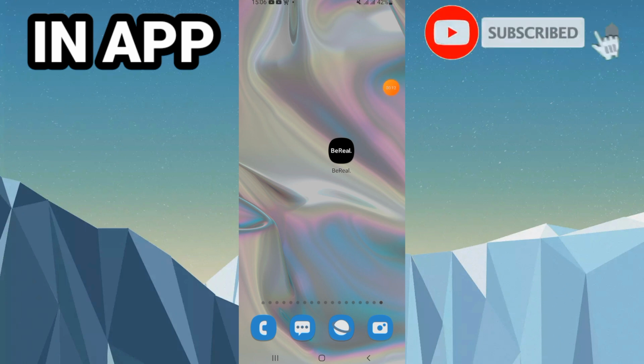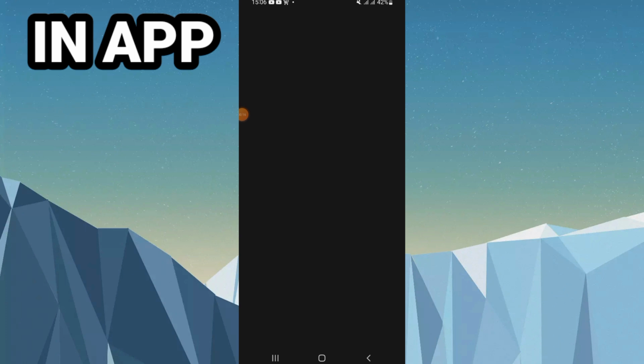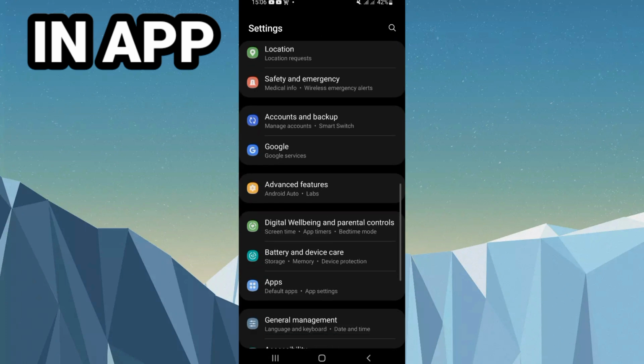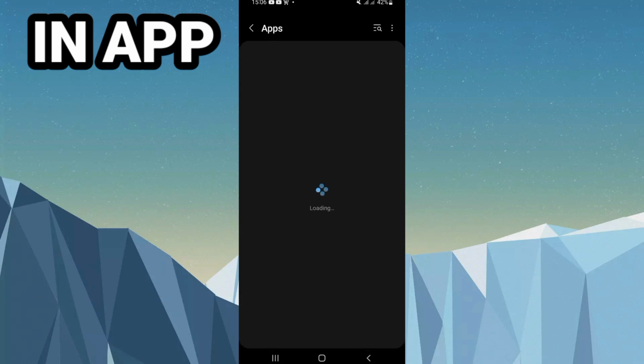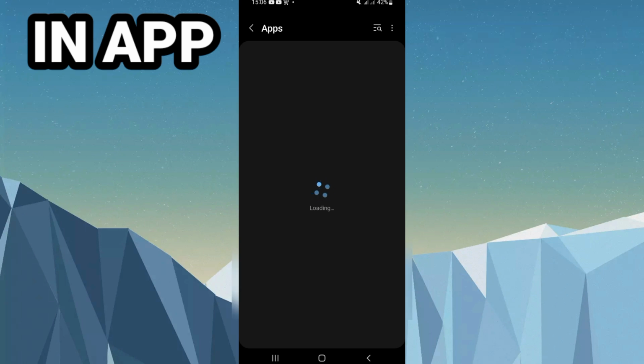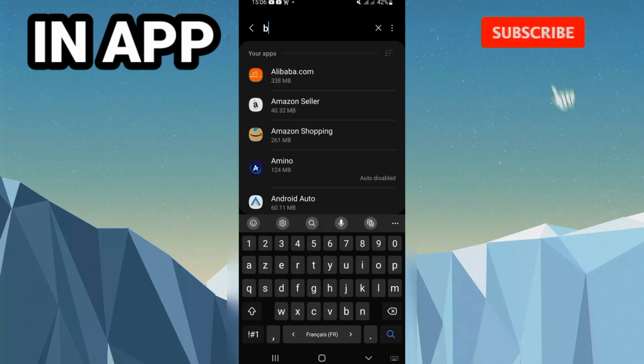So let's start. First, don't open your BeReal, go and open your settings of your phone. After that, you have to open apps option. We'll wait until it shows you all the applications that you have on your phone. As you see, it's loading right now. So after that, it will show you all the applications. Search only for your BeReal. So right now, search for BeReal